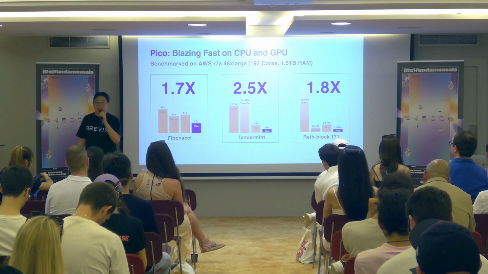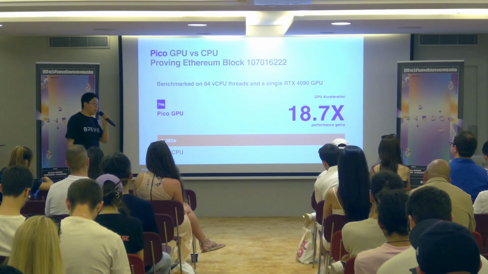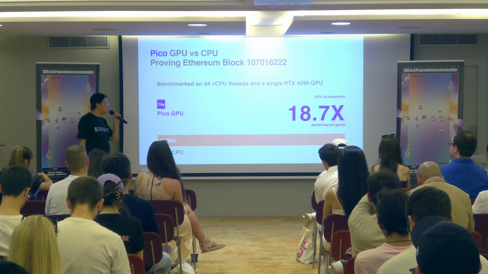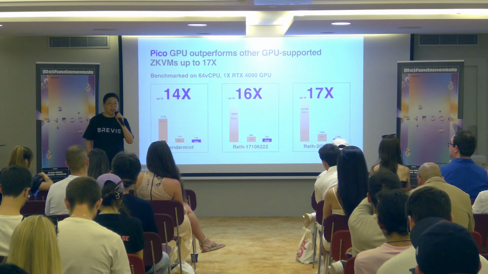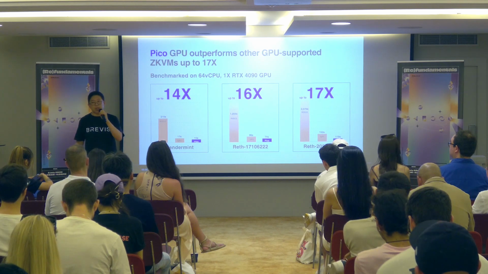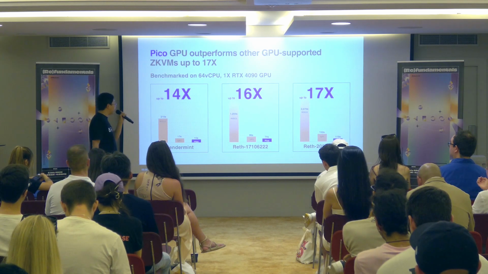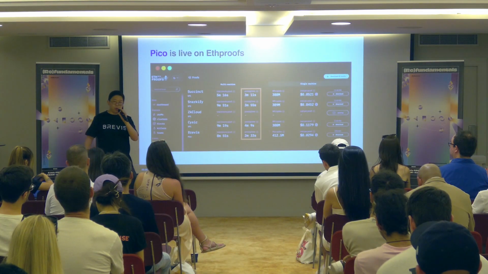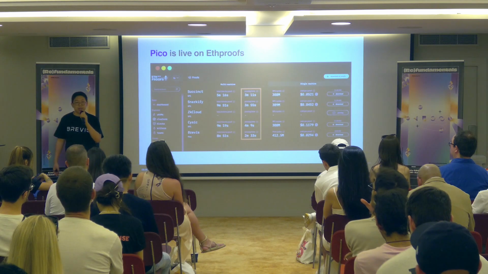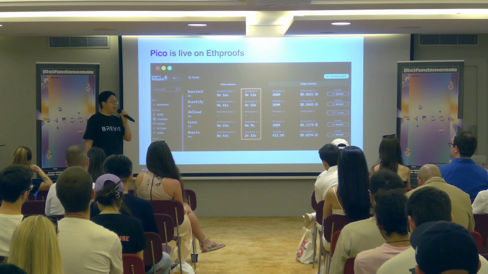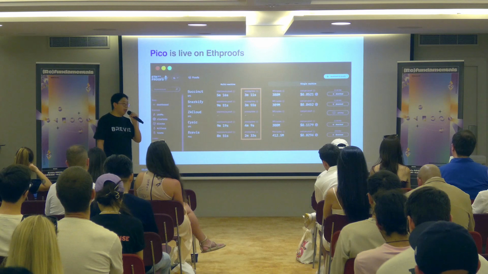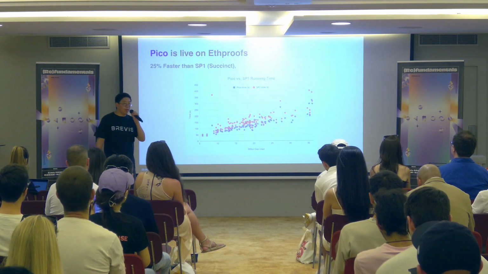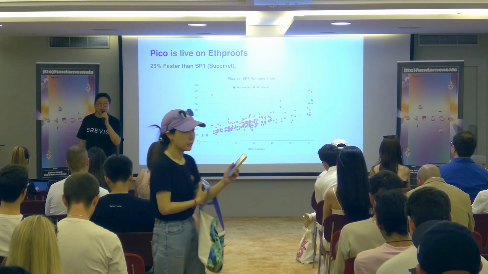And Pico is also extremely fast. We're the fastest on CPU, and just this week, we announced our GPU accelerated version, which is 20 times faster than our CPU version and achieves the fastest single GPU proving performance across all existing ZK VMs. We are now live on ETH-proof. ETH-proof allows you to generate a proof of Ethereum block execution continuously. And right now on the ETH-proof platform, we are about 25% faster than our closest contender in the ZK VM